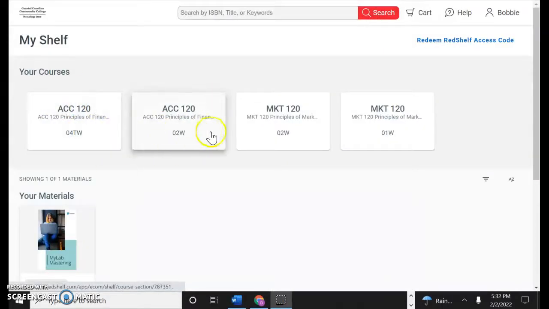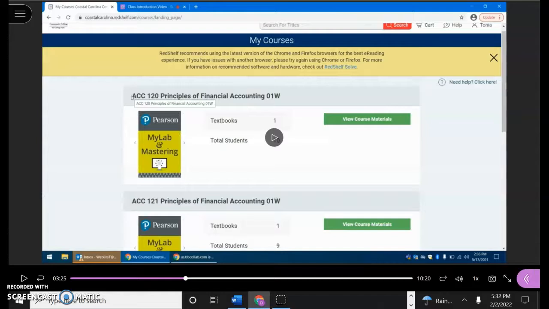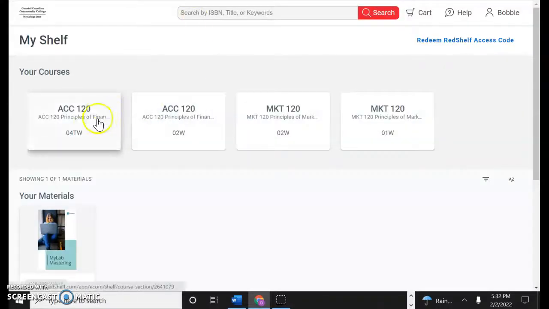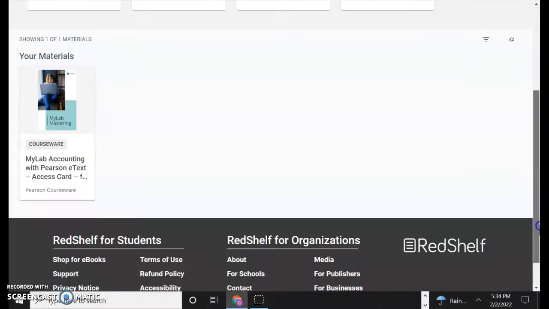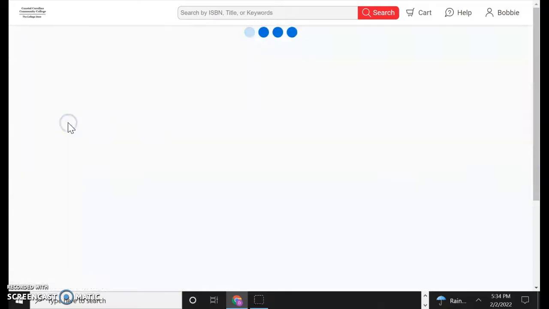Okay, and yours may look like this, or it may look like this, and you may see ACC 120 Principles of Financial Accounting, except it would say 04TW. Okay, but it's going to take you to the Red Shelf site. So you're going to click on the course,